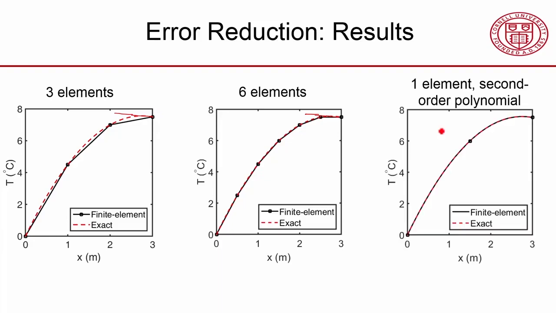And then I'm also showing you the result with a second order polynomial with just 1 element. So this is 1 element with 3 nodes, and I have a quadratic shape in between in that element. And this is a special case where the assumed shape matches the actual shape exactly. And if that's the case, the finite element will, boom, it'll match it, it'll give you the right values. And here, with 1 element, there's no difference between the exact solution and the finite element solution when you go to the second order